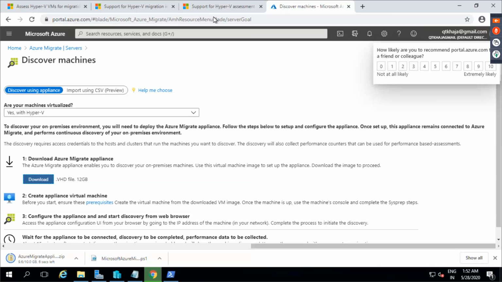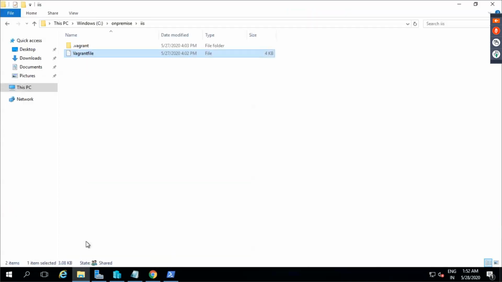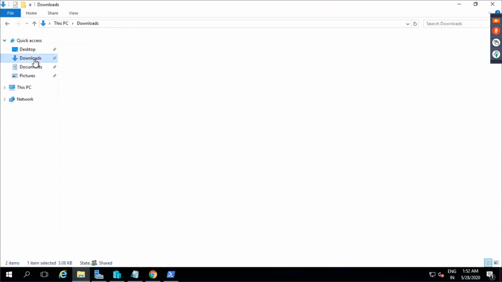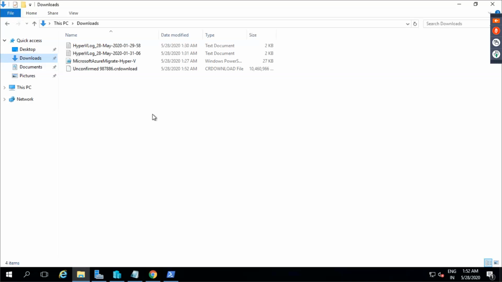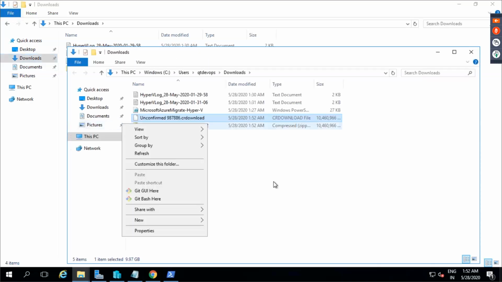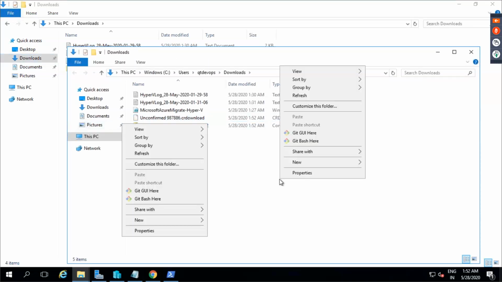It is showing 8 seconds left. Okay, good. And after that, you have to unzip this zip file. Still good.